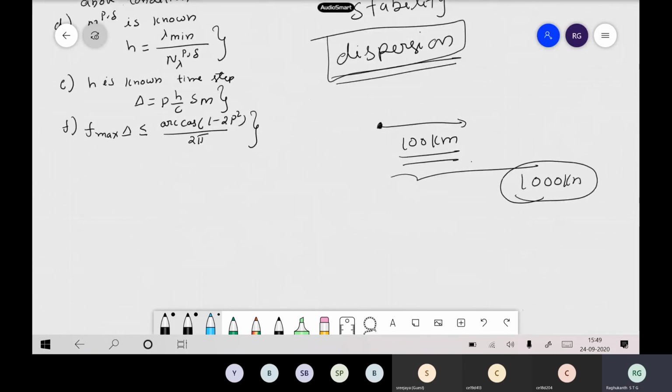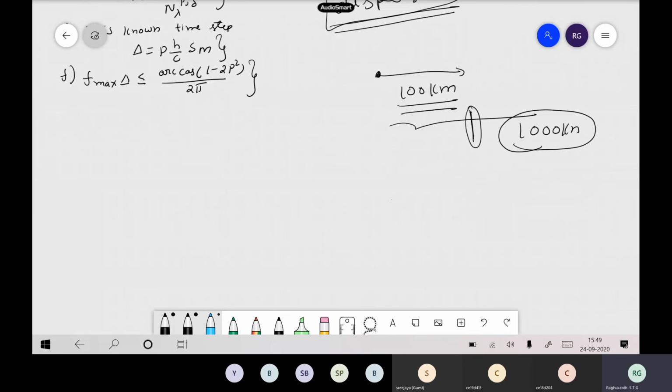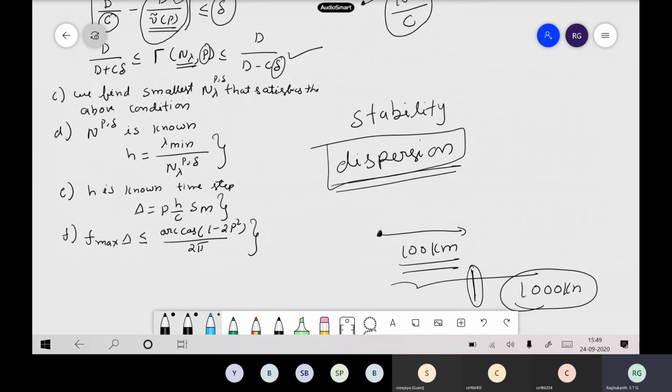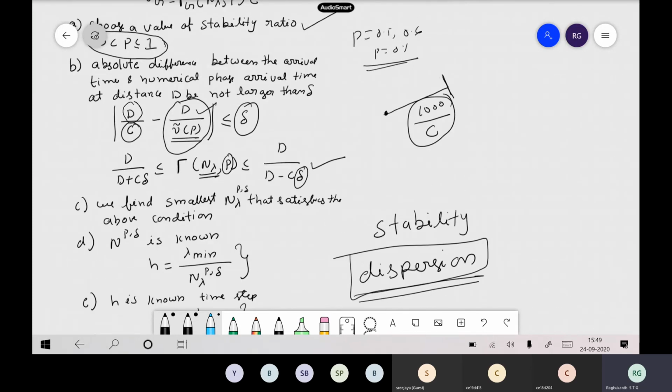So now what happens is at 100 kilometers, your results will be more accurate up to 100 kilometers. Suppose you are only interested in 100 kilometers, but let us say your mesh is only 500 kilometers. Now, if you have increased it to 500, then in this minimization you will take 500.